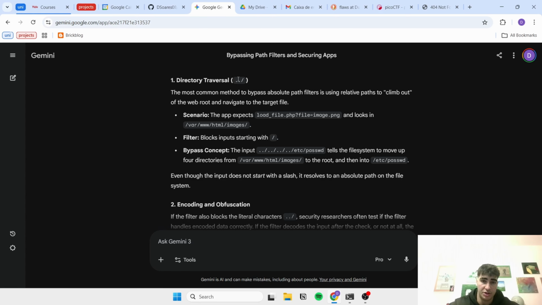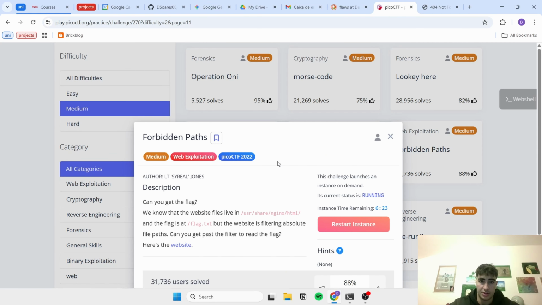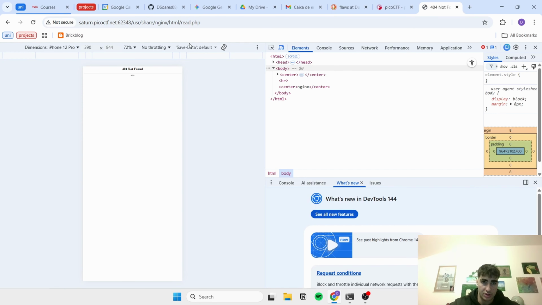Oh, I was trying to do it with just ../ but it's ../ That's what I was missing, I think. The app expects some specific file, but it blocks input starting like this. But if I do like this, to move up a certain amount of directories, okay, let's think about this. If I go back 1, 2, 3, 4, so if I have to do ../ 4 times,